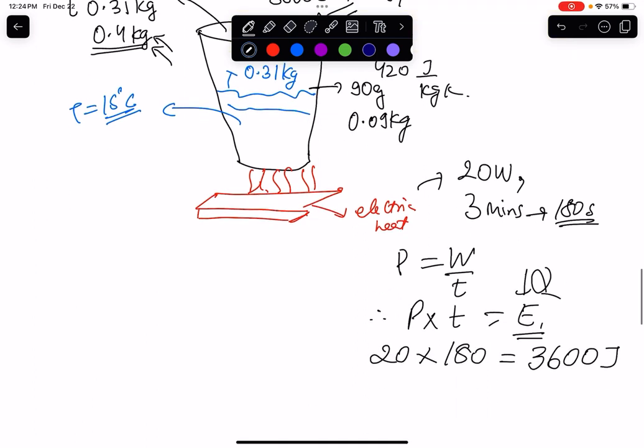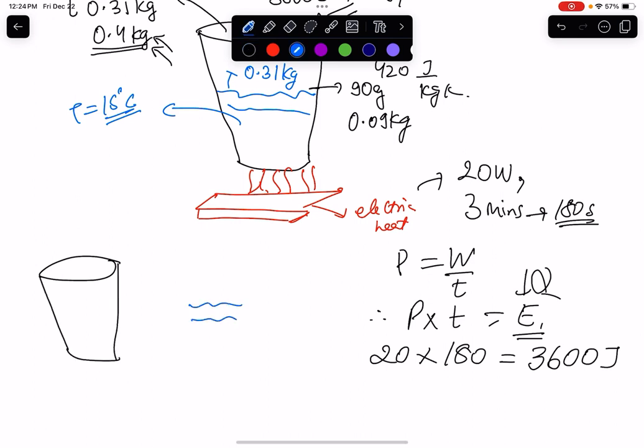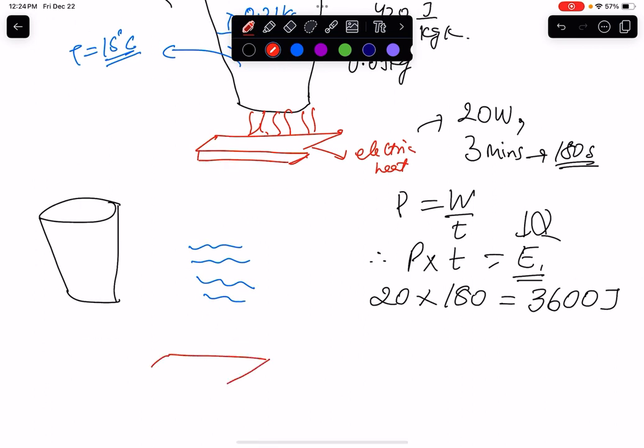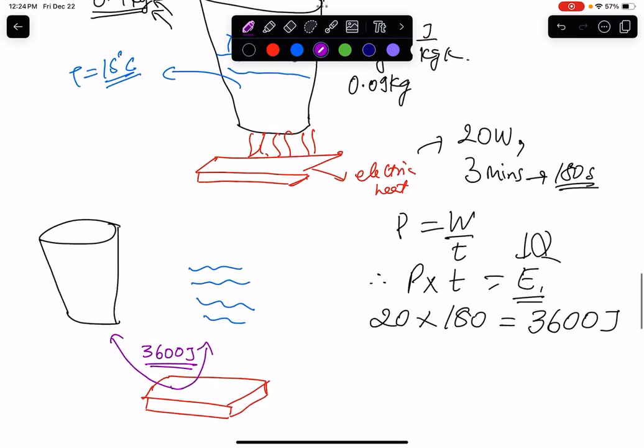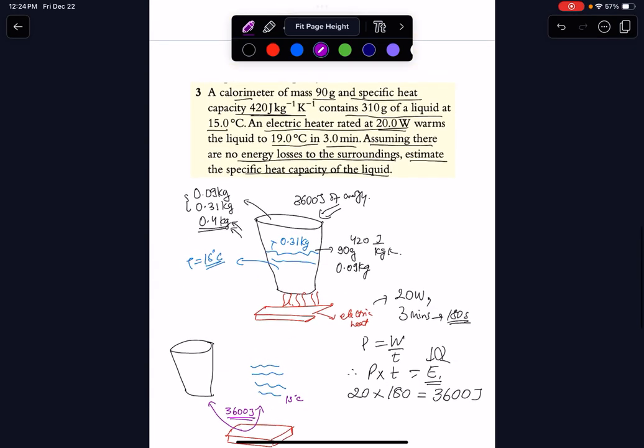So just think of them in separate terms. You've got a calorimeter over here, and then you've got liquid, and then you've got a heater. What the heater is doing is providing 3,600 joules of energy to both the calorimeter and the water. So we know that initially the water is at 15 degrees Celsius. The calorimeter is also